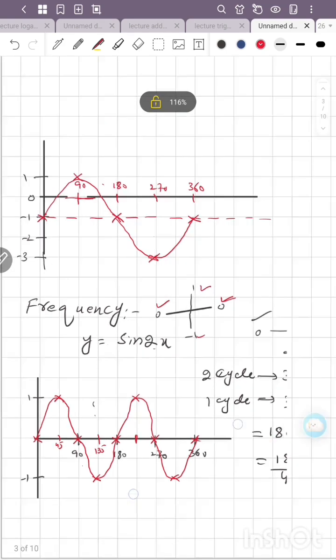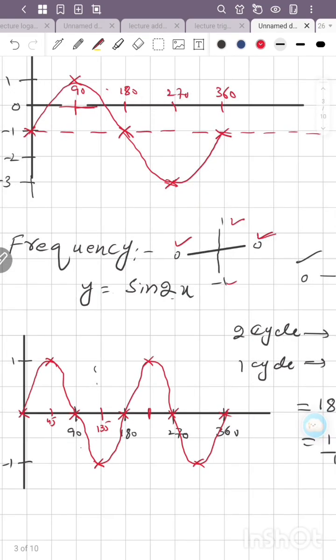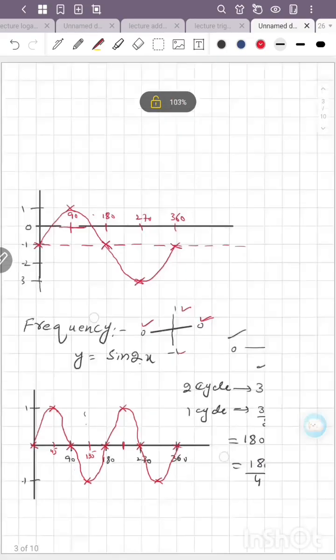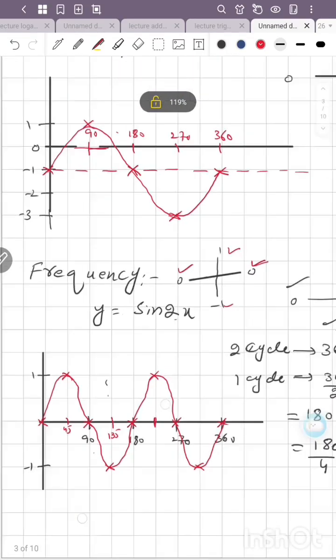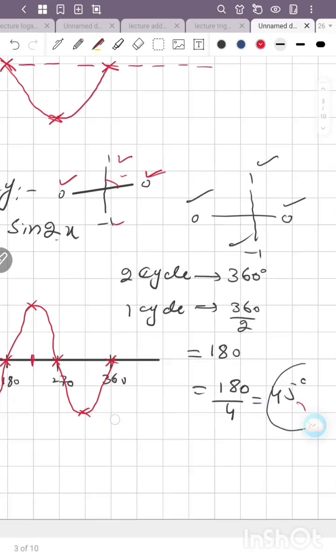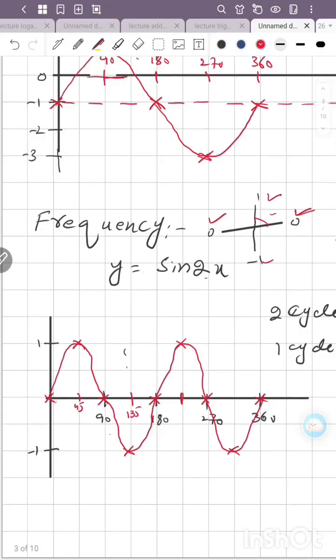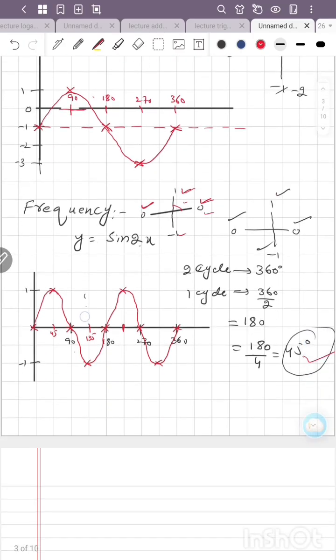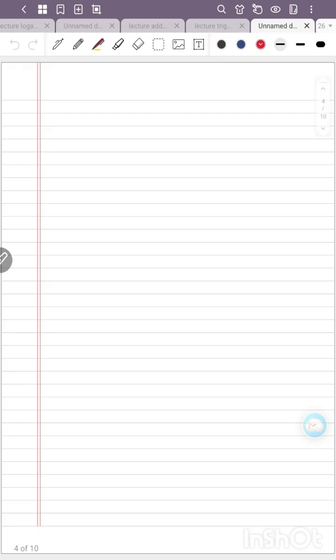ये हमारे पास एक फ्रीक्वेंसी का ग्राफ बन गया। अगेन डियर स्टूडेंट, मैं फिर से आपको एक्सप्लेन कर देता हूँ, जो आप लोगों को कन्फ्यूजन होगी। सबसे पहले आपने देखना है कि एंगल कितना है, ये 45 का है, तो गैप आपने 45 का ही रखना है। टेबल के मुताबिक हमें 90 का लग रहा है, लेकिन यहाँ जो साइकिल बन रहा है वो 45 का बन रहा है। तो 0, 45 पे वैल्यू 1 बन गई, फिर 90 पे 0, फिर 135 पे -1, फिर 180 पे 0। इस तरीके से वैल्यूज़ आगे बढ़ती जा रही हैं और हमने इसी को आगे कैरी करना है। एज सीक्वेंस ग्राफ बनना शुरू हो जाएगा। नेक्स्ट क्वेश्चन में मज़ीद हम इस चीज़ को डिस्कस करेंगे ताकि फ्रिक्वेंसी मज़ीद क्लियर हो जाए।